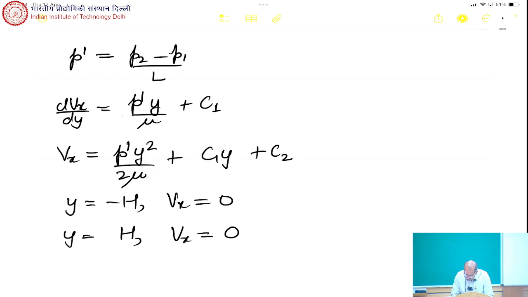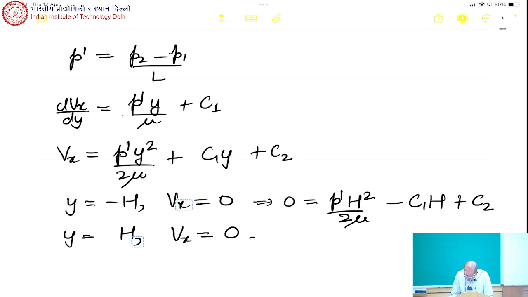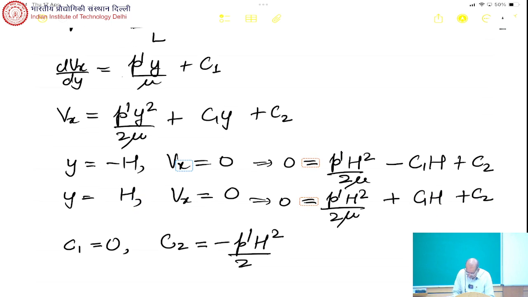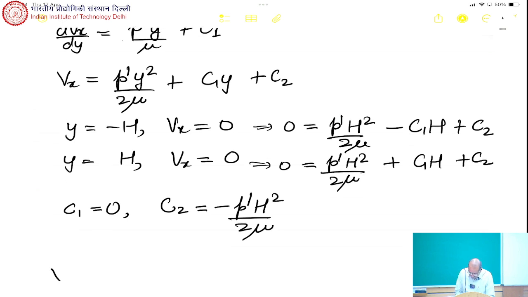So that means 0 is equal to p prime h square upon 2 mu minus c1 h plus c2, and this will imply 0 is equal to P prime H square upon 2 mu plus C1H plus C2. So this will lead to C1 being 0 and C2 is equal to minus P prime H square upon 2 mu. And this gives us Vx is equal to